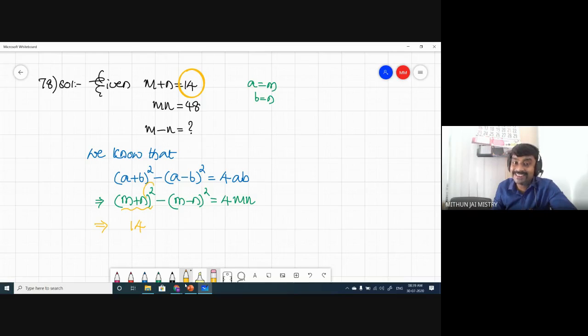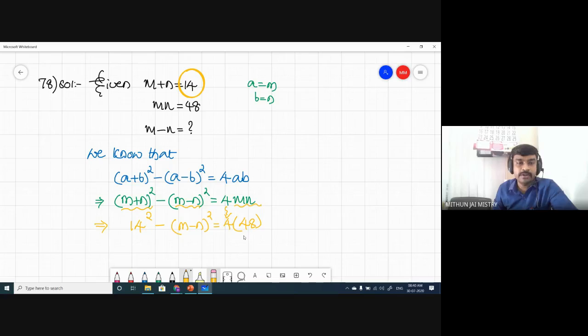That is m plus n, but the square is still there. Minus, I'm keeping the minus, m minus n now. We don't know what m minus n is because that is something which we have to find. So let it be as it is. And then we have 4mn, which stands for 4 into mn. But we know what mn is, right? mn is 48. So in the place of mn, I can write 48. Observe: 4 is written as it is and mn is written as 48. So 4mn means 4 into mn. Here I wrote 4 into 48 because mn is 48.